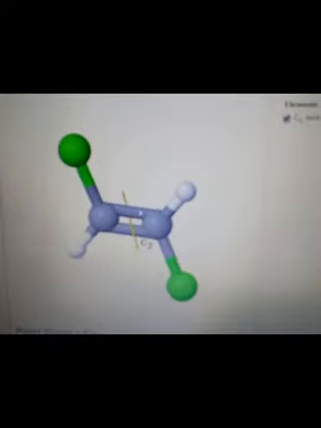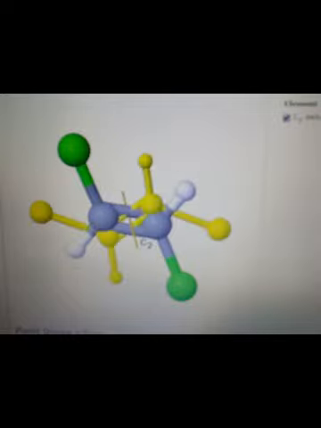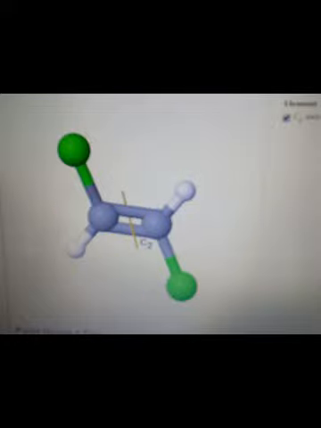Along this axis, rotation of this molecule by 180 degrees will give you an equivalent structure. You can see how the rotation takes place. This is how the rotation is possible in the case of the 1,2 dichloroethylene molecule. So on rotation of every 180 degrees, it gives you an equivalent structure. This is C2^1 for the first time, C2^2 for the second time. You see that the molecule retains its identity.